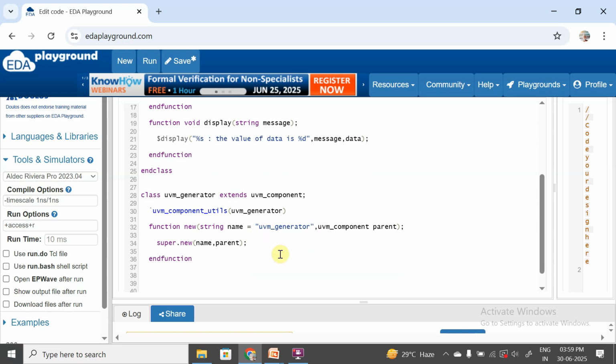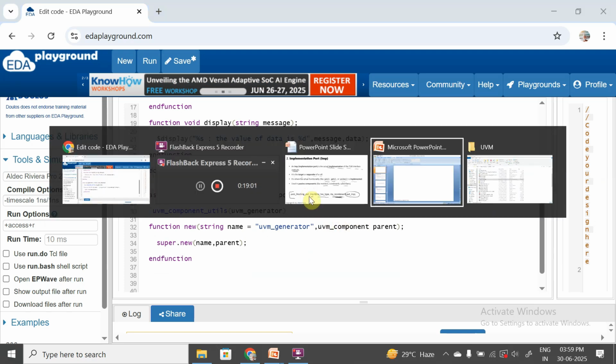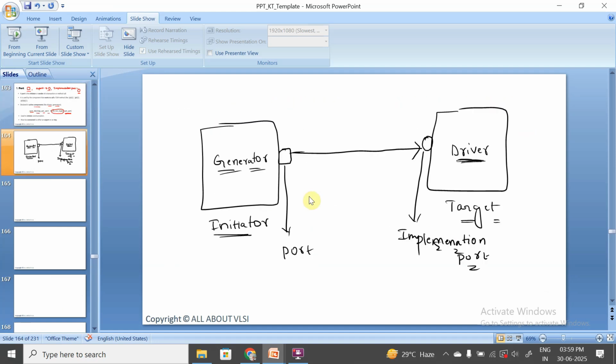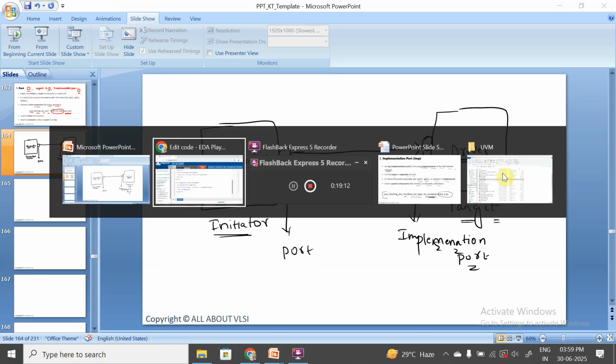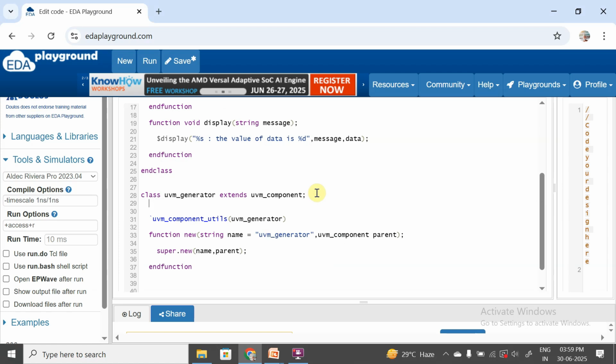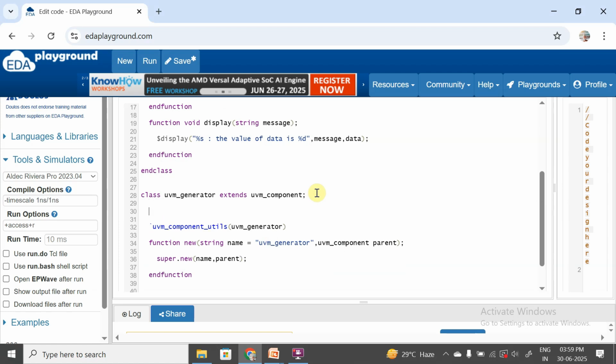Now in this uvm_generator, let me create a UVM TLM port also. So this is an initiator. In this particular case, I am following this diagram, where my generator is an initiator and the driver is a target. So I'm following this. My generator is going to have a UVM TLM port. So how do we declare the UVM TLM port? uvm_